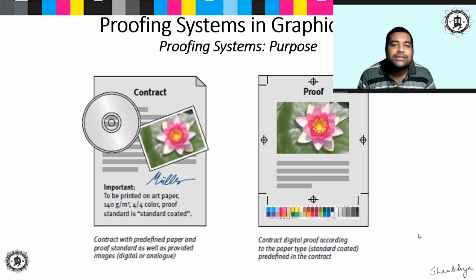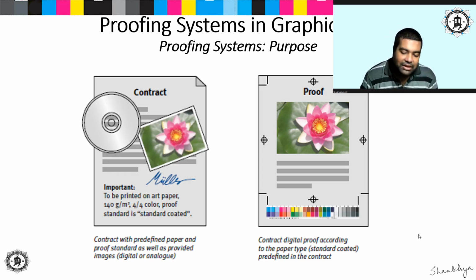So, proof is, again, as I said initially, we'll keep the soft copy proof apart for a moment, but ultimately it's basically a printed copy. You are signing the contract with your print buyer over a printed sheet of the original that was delivered to you by the print buyer, saying that okay, after mass scale printing on our print shop, the output will be very much similar to this, you can expect basically.